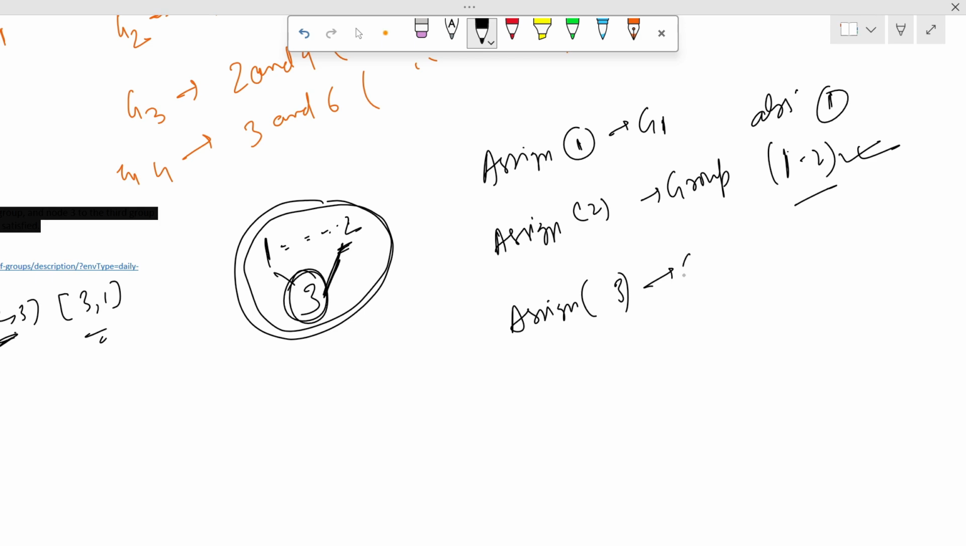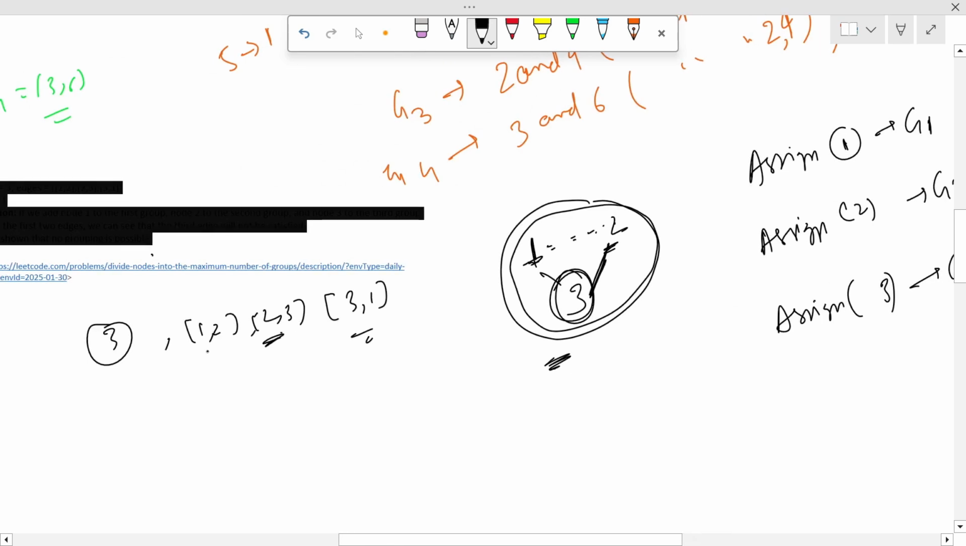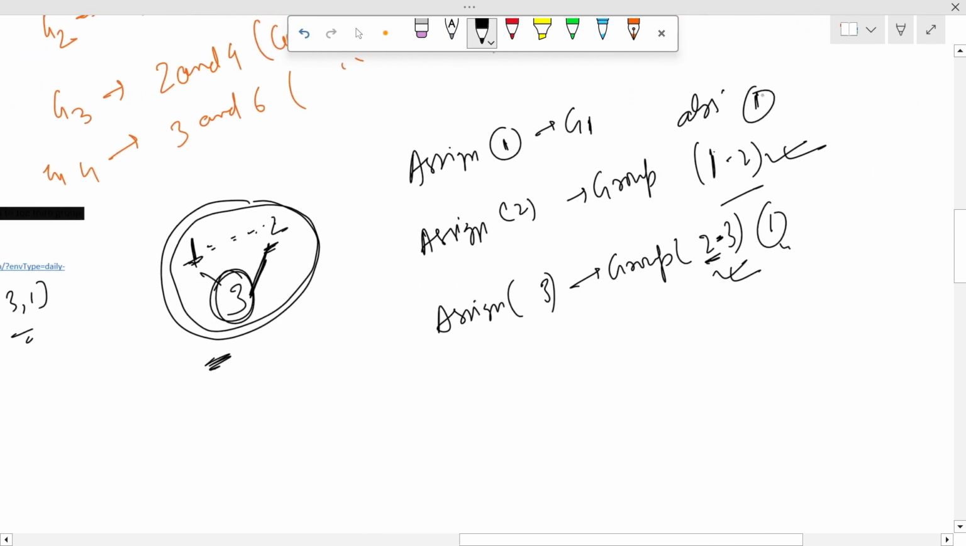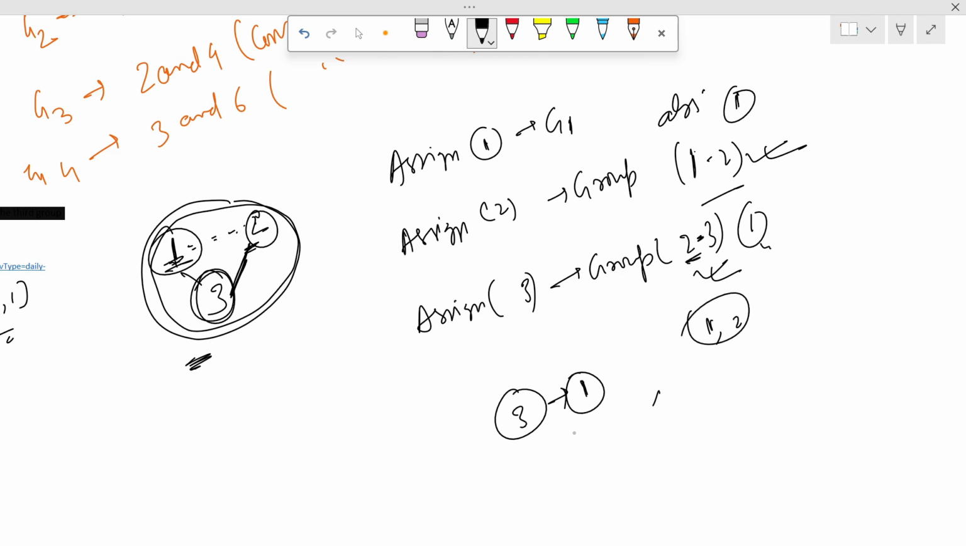Okay, group of 2 minus 3, and this one is also satisfied because the absolute difference of 2 minus 3 is 1. But now this 3 is connected with 1, and it must be a group of 2. Both groups, like 3 is connected with 1 and 2, but it is a group of 1,